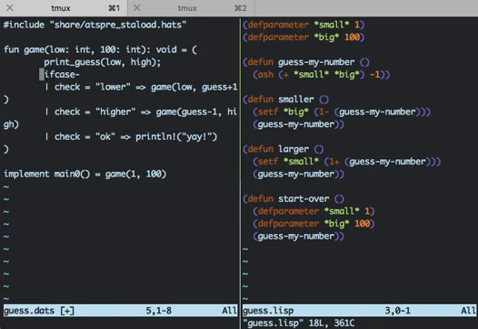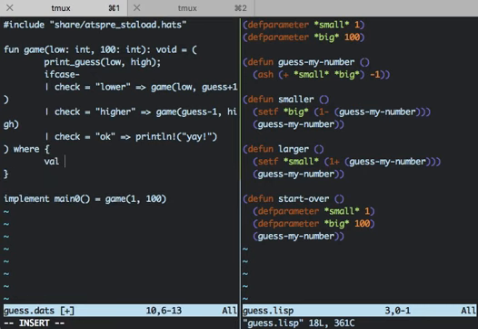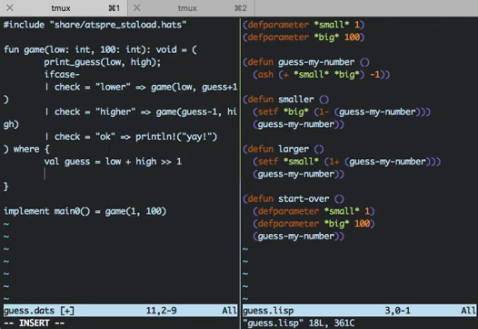So what game does is that you give it your high and your low, and it prints a guess, and then it checks the guess against the user input. Let's check as the input string, so